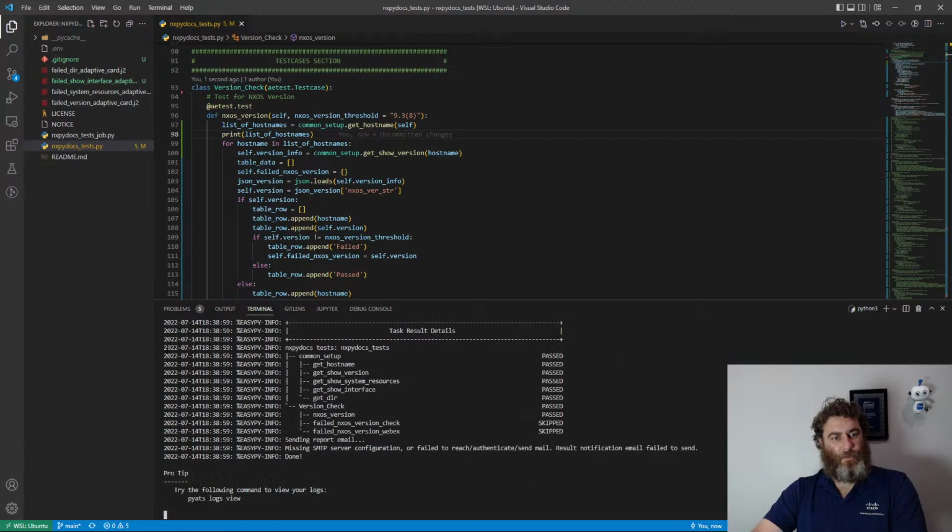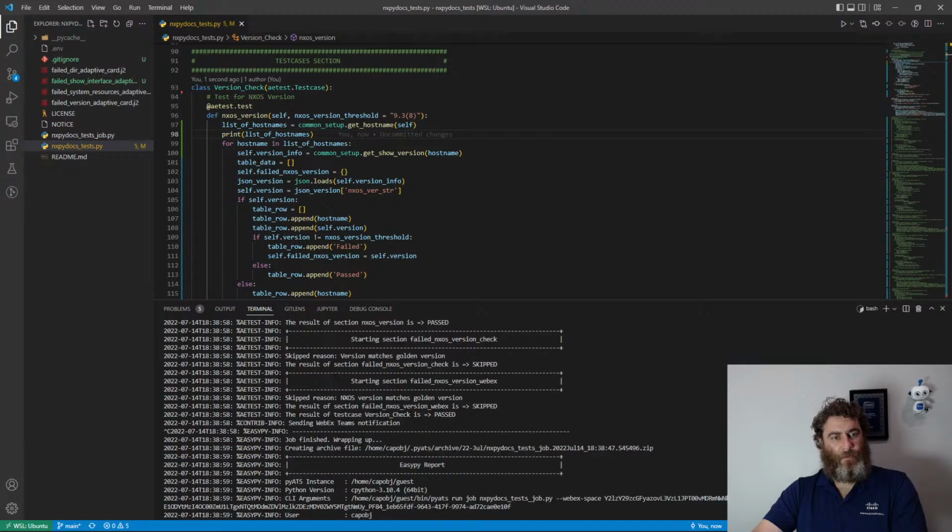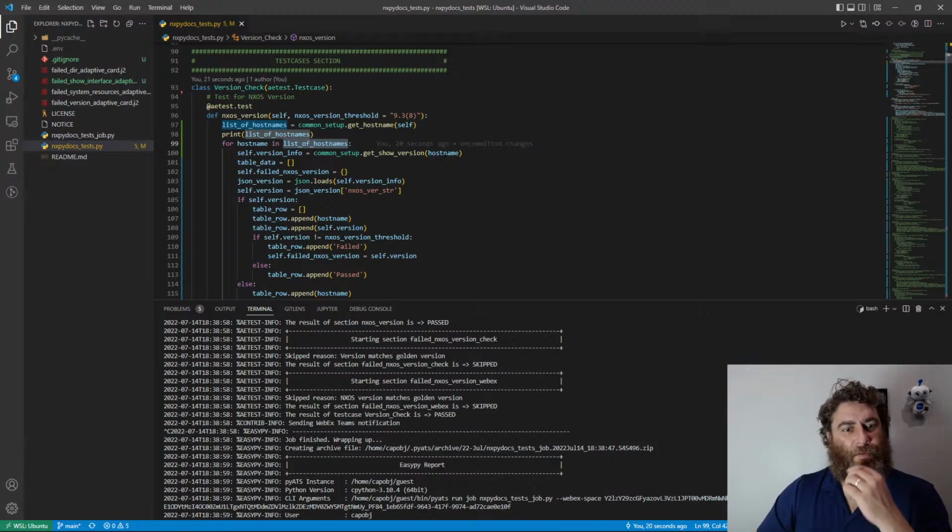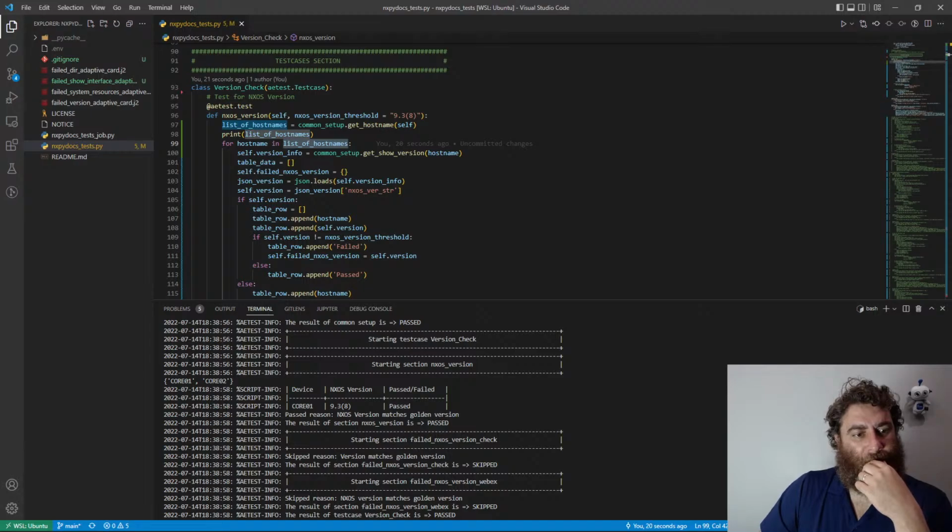Right, so there's my 2 host names. For host name in list of host names, get the version info passing the host name. And it works for the first key. It should be